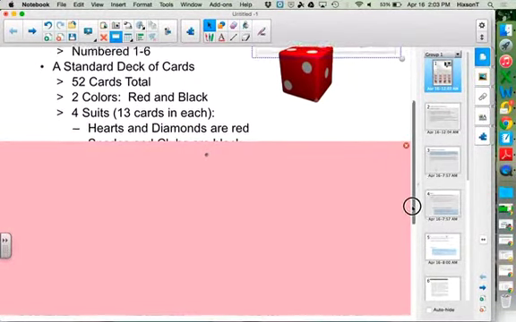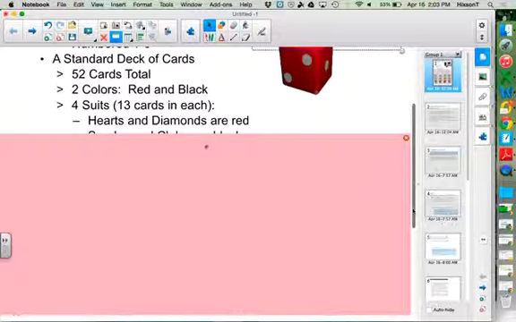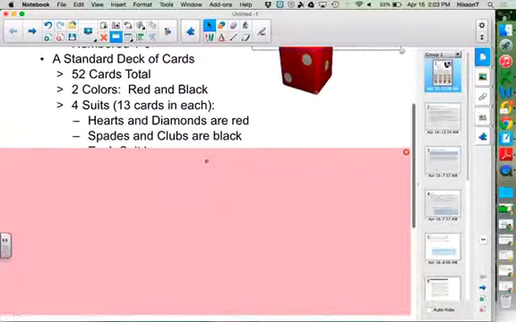And 2 of the suits, hearts and diamonds. Okay, here's a diamond, and here's a heart. Okay, hearts and diamonds are both red. And then you have spades and clubs. Okay, spades and clubs are both black. Okay,